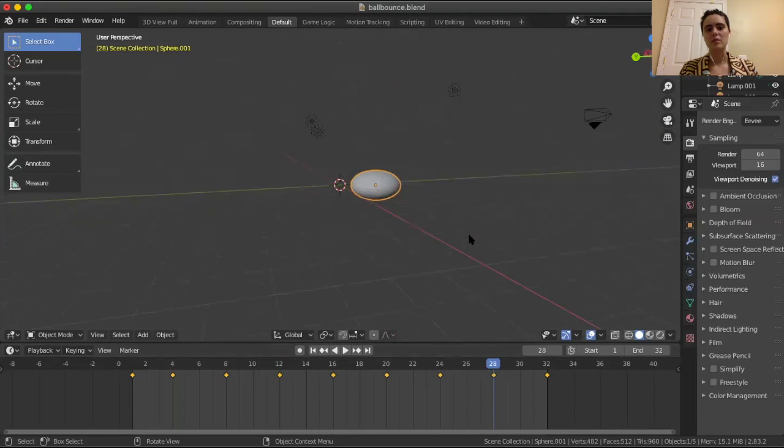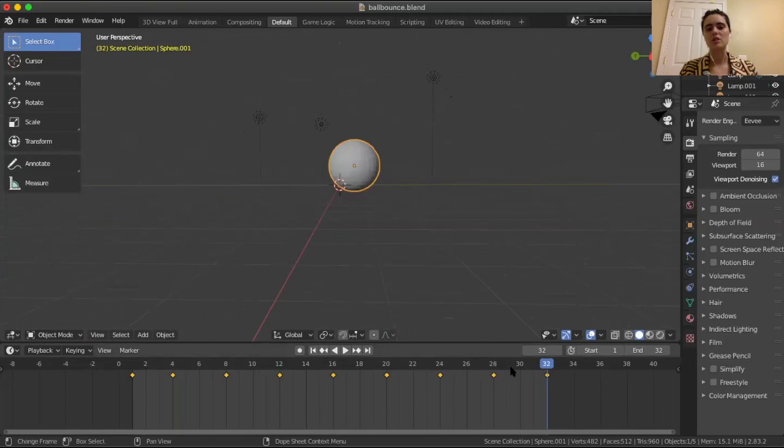And if I move the camera, or not the camera, but move our view, you can see that it's very squashed down at the bottom by the time that we finish. And then it's back to normal. So you can see these little dots here, these diamonds that are yellow. Those are my keyframes. So instead of actually animating 32 frames, I just have these keyframes